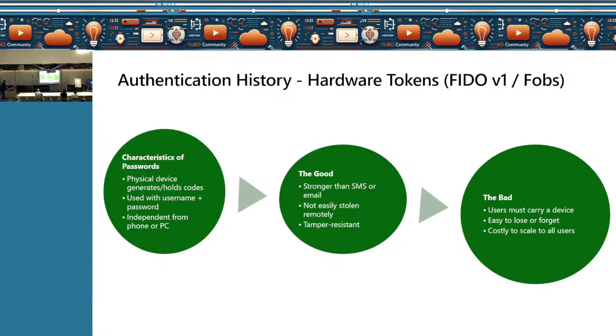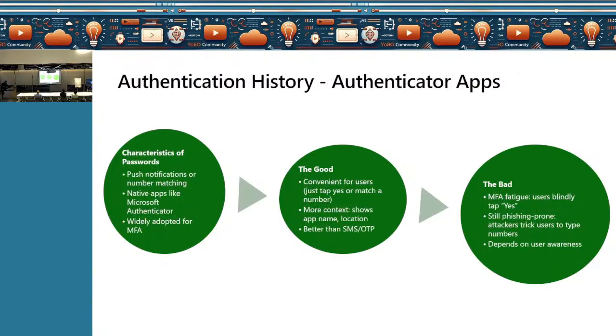The other option was FIDO v1. Okay, this is great, but one of the main issues, and I'll jump on to some of the other things, was that the user had to always carry the device. Okay, and if at all we forget the device, then it's a problem, right? I still have customers who use this. This is something which is good from a security perspective as well, because this works on PKI, public key infrastructure, wherein they have a key pair and they work quite well together. But it's difficult to scale. If you want to scale it for the entire organization, this is difficult to scale.